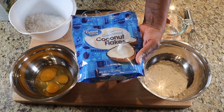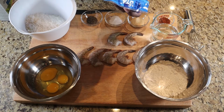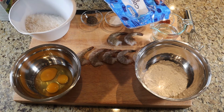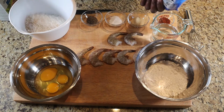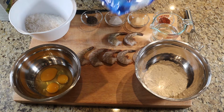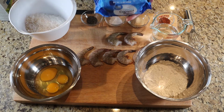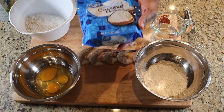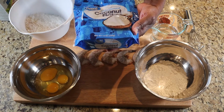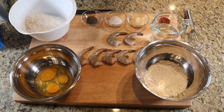Not a lot of options for the sweetened coconut flakes. I've seen people do it with the unsweetened coconut flakes. And at that point, I'm like, what's the purpose? Because when you think of coconut, it's that sweet coconut taste that you think about. Why would you make coconut shrimp without sweetened coconut? It makes absolutely no sense to me. It's called coconut shrimp. You need to taste coconut. With that being said,